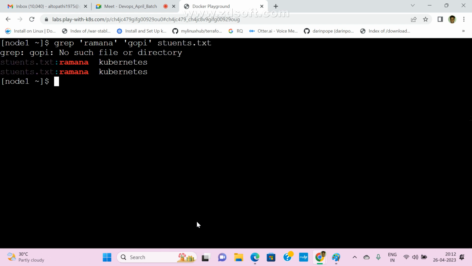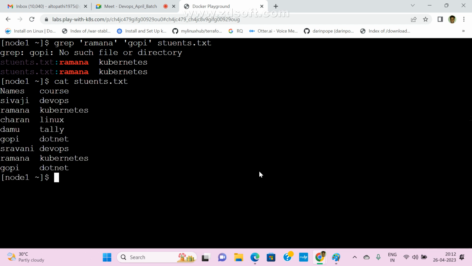Is it working? Now see here, it shows an error: Gopi, no such file. Even though it is available, it shows an error message.